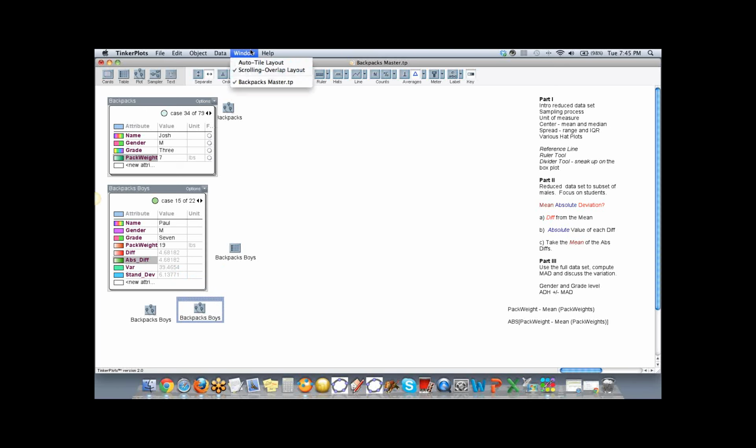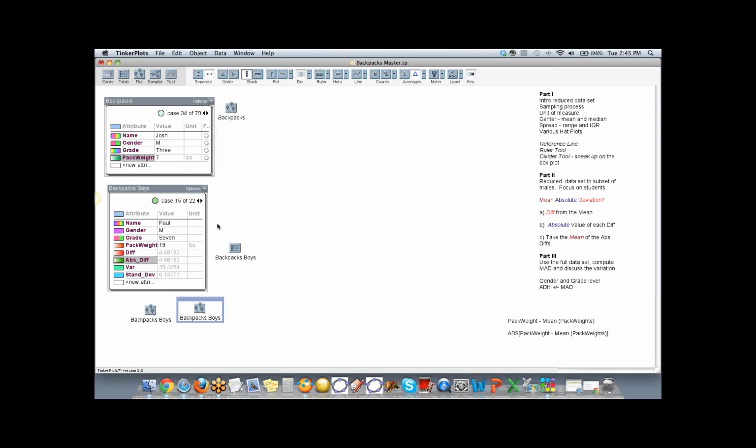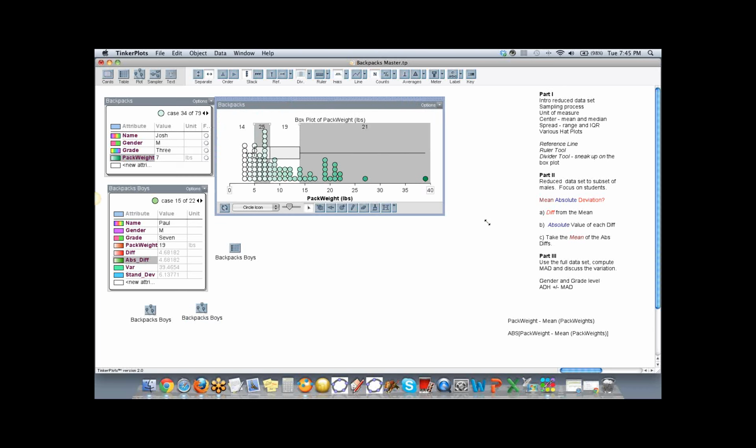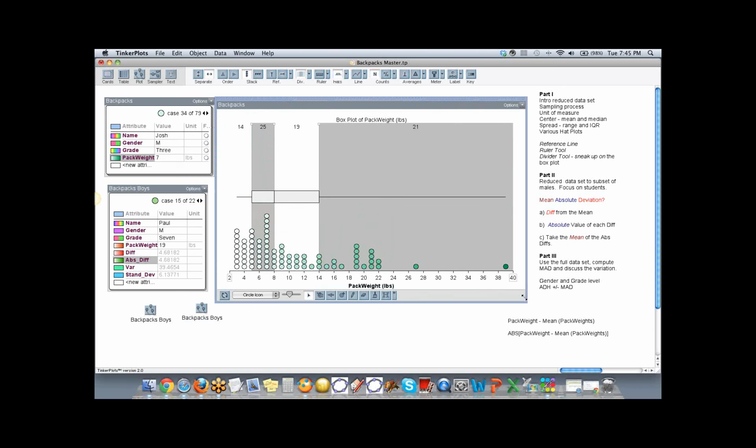If I go up to the window menu and have it on auto tile layout, I can't do that. This is the default setting, which is going to push things around, so you're limited in your screen space. So I typically toggle that off, so it says scrolling overlap layout. Just some tips and tricks about TinkerPlots here.